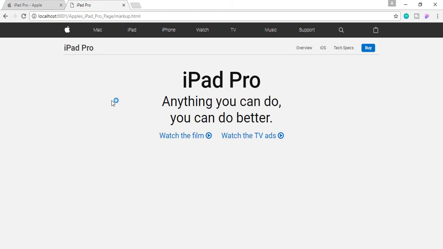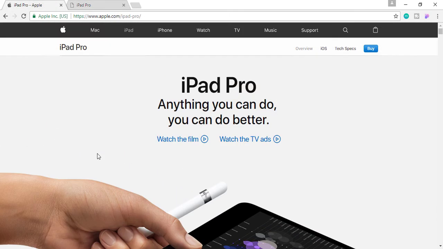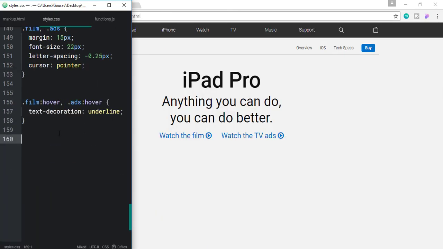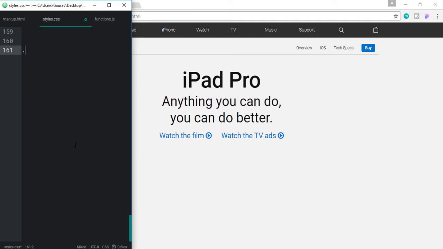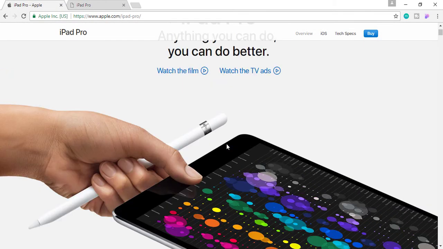Okay, so now let's move to our hero section. Let's style this hero section. We have created a section with the class of hero, so now let's target that. For hero, as you can see, it's a big image.